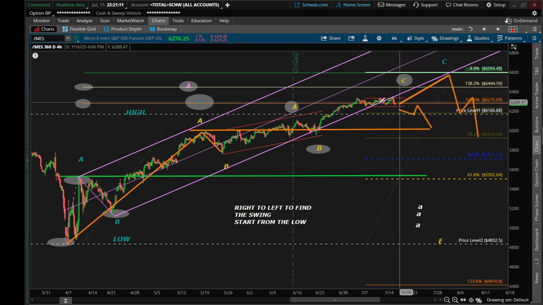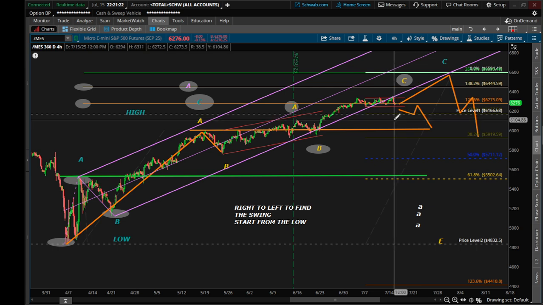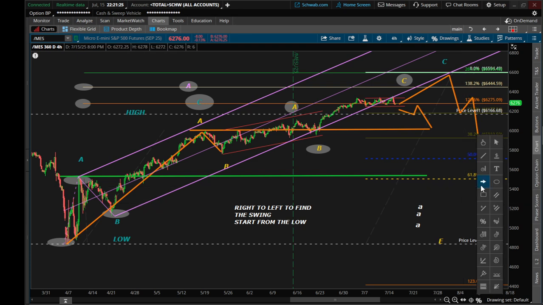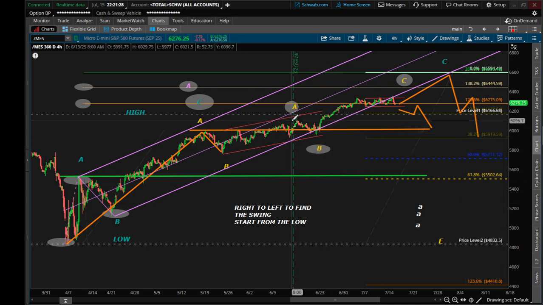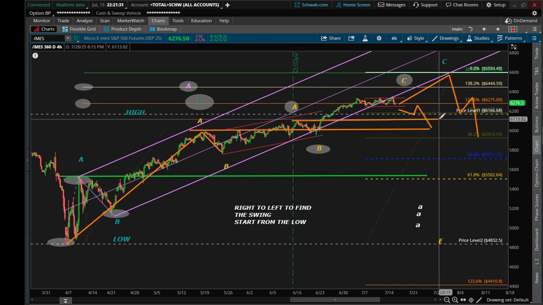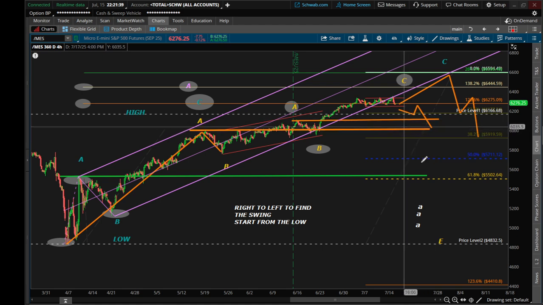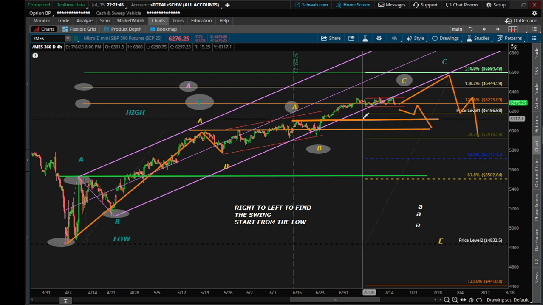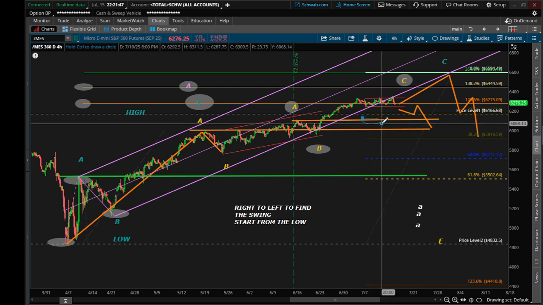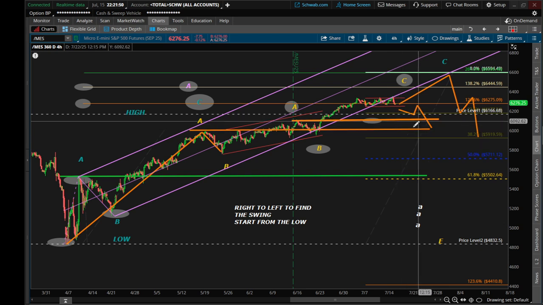And then for the alternate count on this one, if this is another degree, let's draw out this kind of trend change line right here. Anything below that would be a trend change. So 61.13. I'm going to put an oval over that. I got a lot going on in this chart right now. I'll get better trying to figure out how to label this stuff. But anyways,